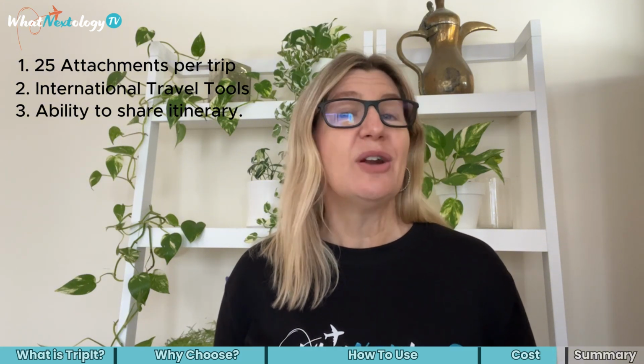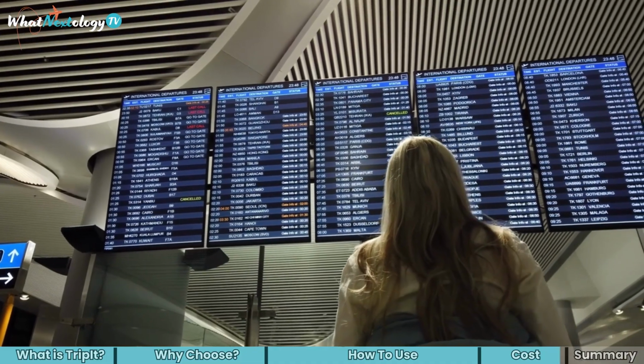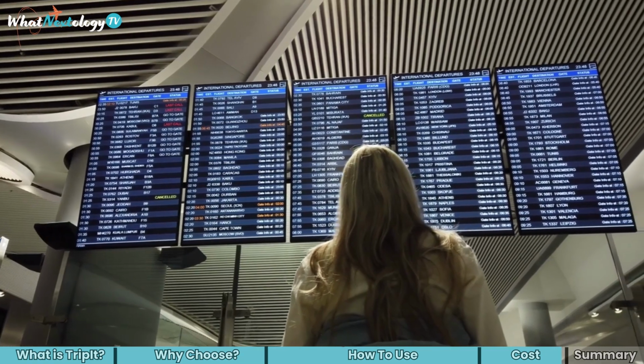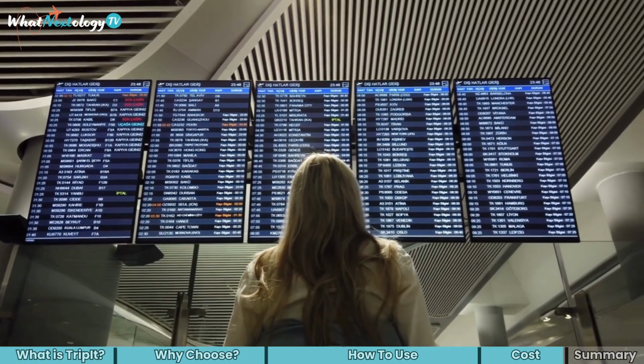While not one of the main reasons I moved to the Pro version, one of the additional benefits I get that I wasn't aware of is that if the gate of my flight changes, very often TripIt will notify me before it even goes up on the screens in the airport. That's kind of cool. So there you have it.